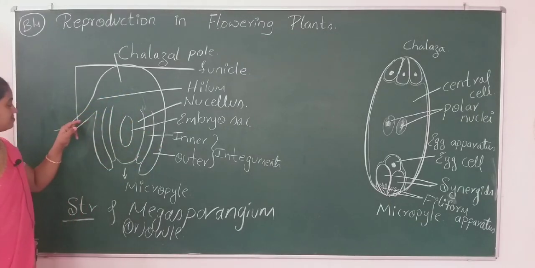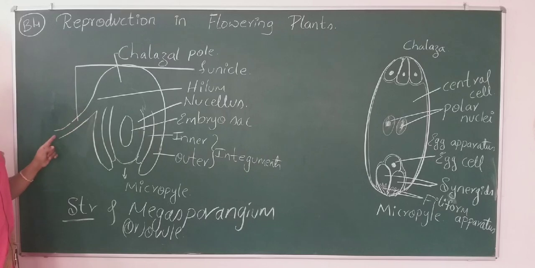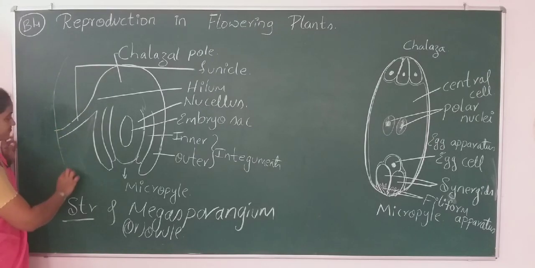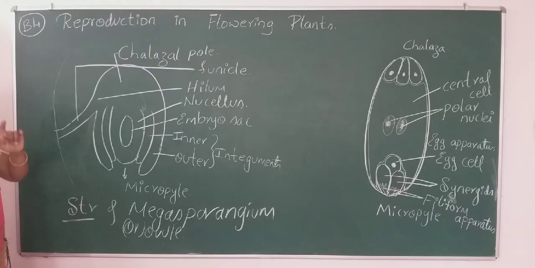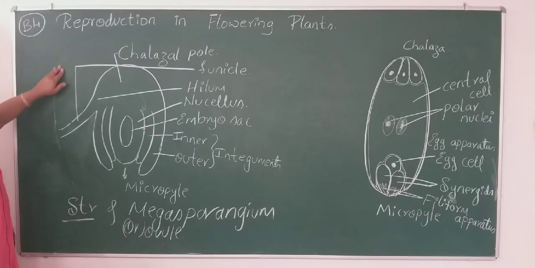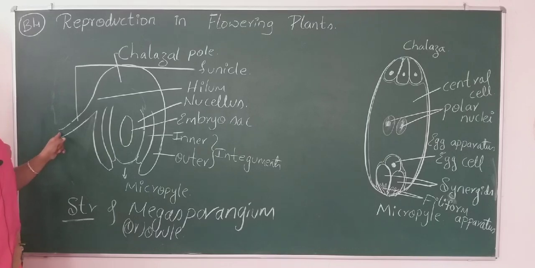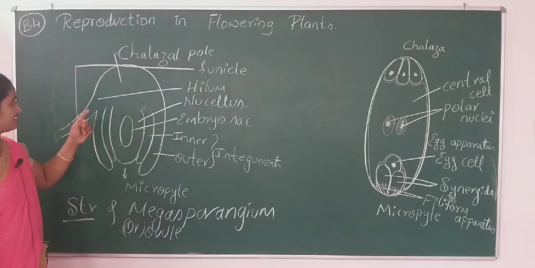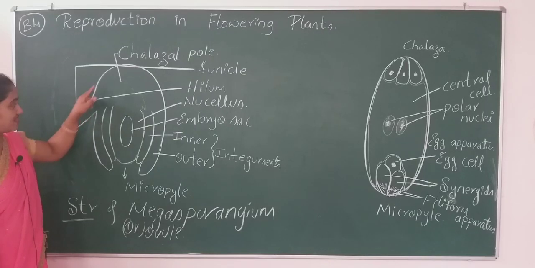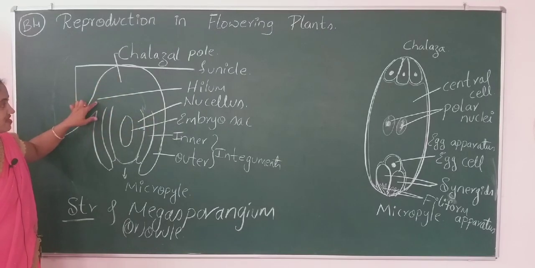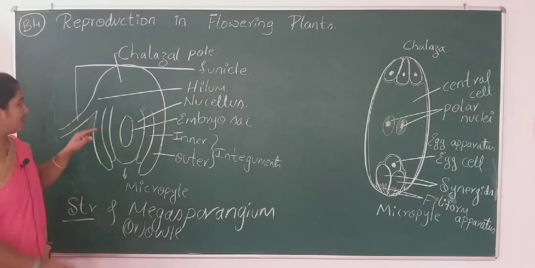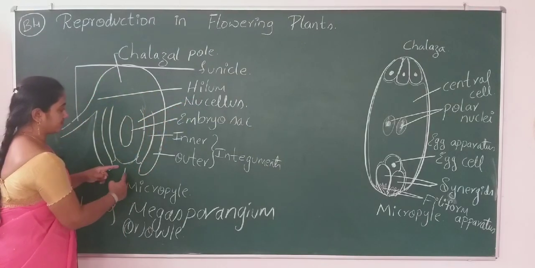The very first part of the ovule is the stalk, which gets connected to the ovarian wall or ovary wall. A few of you have drawn the diagram like this. You have drawn the ovary wall also. Don't write that, just erase it. You have to start with the stalk of the ovule, that is funicle, and there is a part where the funicle and body get connected. The part is known as hilum, and this is the ovule body.